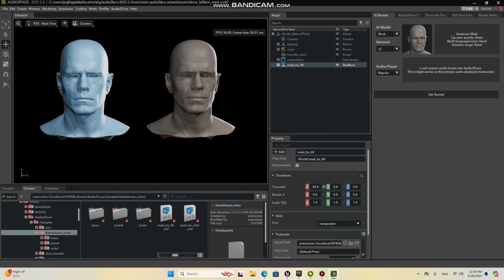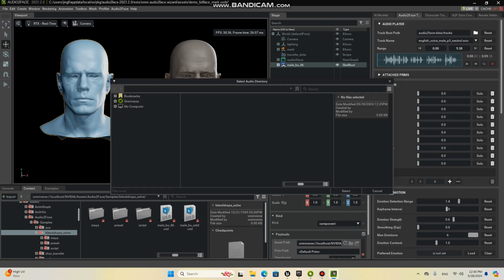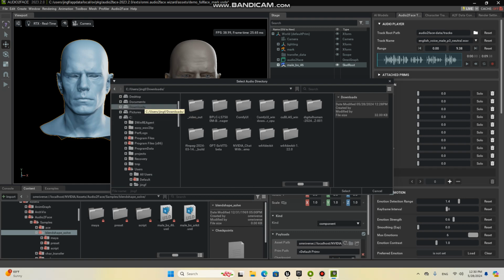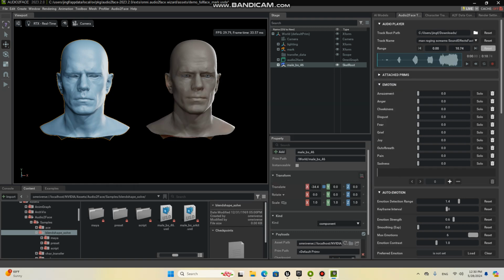Now I have Mark and Mark copy. Today I've decided to use a sound effect here, a man raging scream sound. Now when you play it, you can see Mark, the guy's face here moves, but this guy's not moving, so